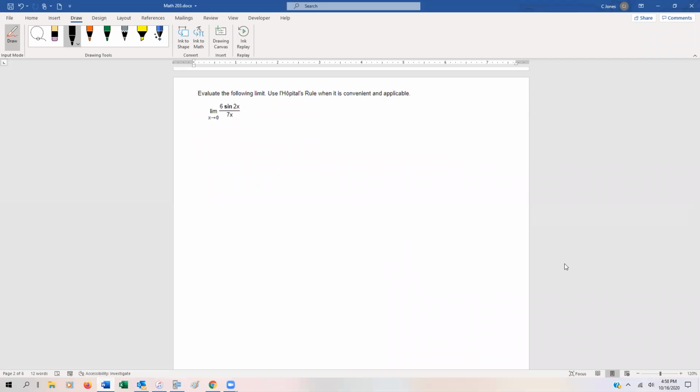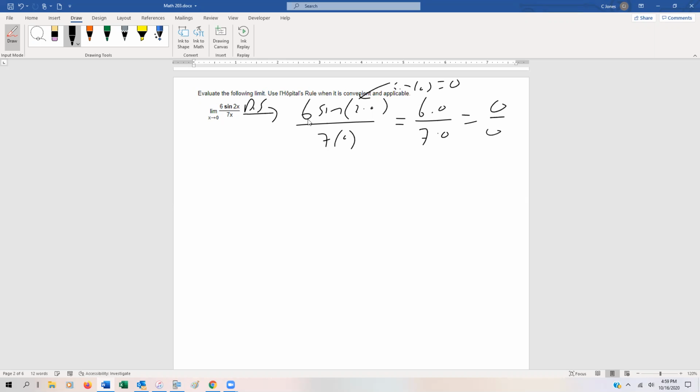Another example. Let's go ahead and find the limit as x approaches 0 of 6 sine 2x over 7x, another transcendental example. So we're going to use direct substitution, and I think most of us can see what's going to go on with this. We're going to get 6 sine of 2 times 0 divided by 7 times 0. Sine of 2 times 0 is really just sine of 0, and sine of 0, the y-coordinate at 0 radians, is indeed 0. So we get 6 times 0 over 7 times 0, which is 0 over 0, and that's